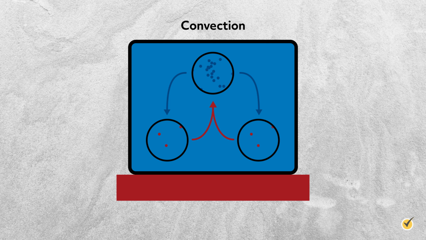This continuous movement results in currents in the water where heat is being transferred throughout the whole pot and not through conduction alone, though conduction is still happening on the stove and between individual water molecules. While this is a pretty simplified explanation of the fluid mechanics involved, it does cover the general concept of natural convection. Now let's consider forced convection, which you probably interact with on a regular basis.